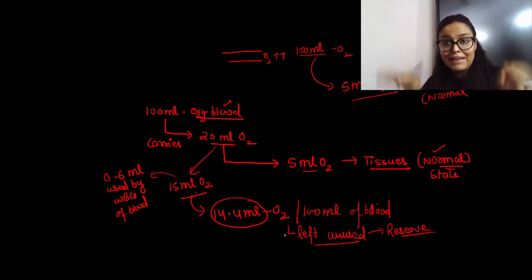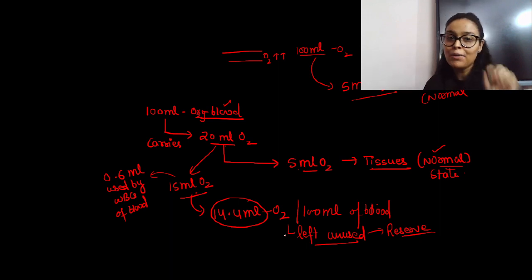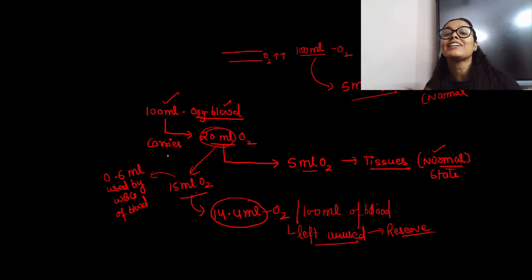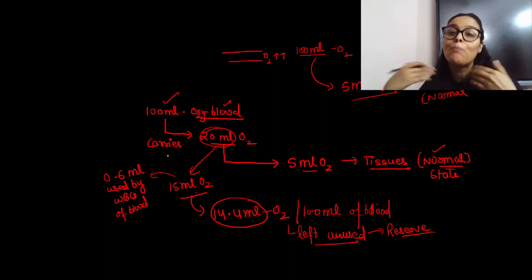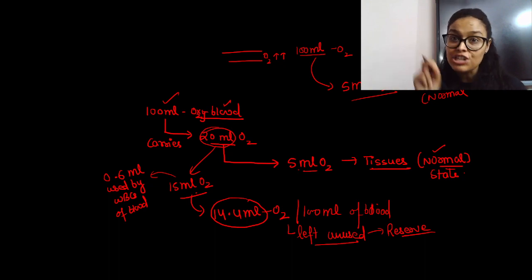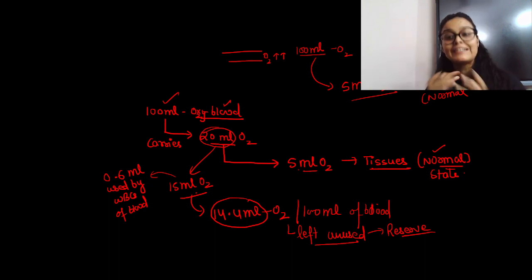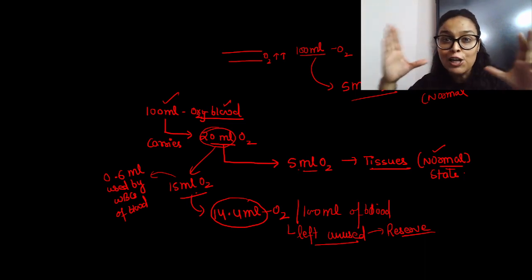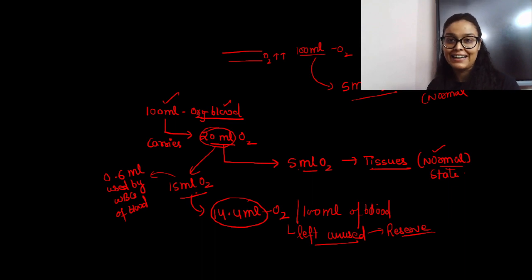What exactly? Sometimes NCERT is saying a lot of things in a very incomplete way. Now they said 100 ml blood, but did not tell how many ml of oxygen is in 100 ml. Oxygenated blood carrying how much, what is the amount of oxygen in it, right? So for this you have to go into a little detail, right? You have to study NCERT in a very nice and detailed way, and this is known as the full knowledge of NCERT, right? So kids, I hope you like the video, right?